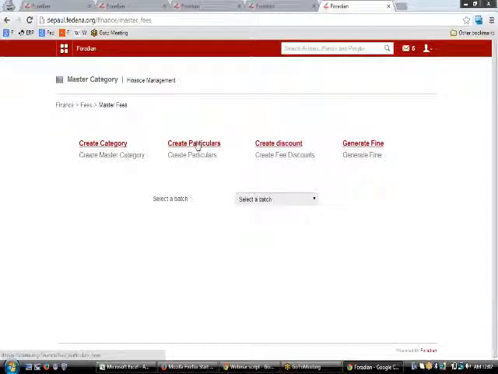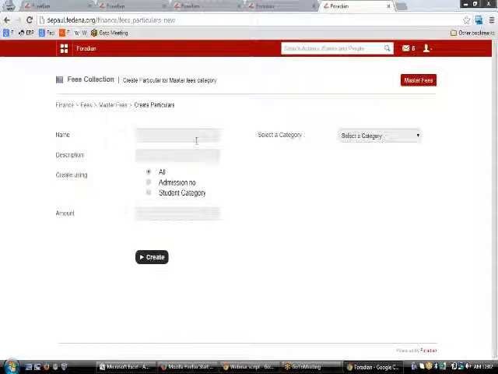To stuff it with particulars, you need to click upon create particulars and type the name here and then the description, and then on clicking create using, you will be able to create some particulars based upon the selections made. Then on clicking the amount you will be able to create an amount for each of these particulars. Again, you need to select the category to which this amount is to be reflected.